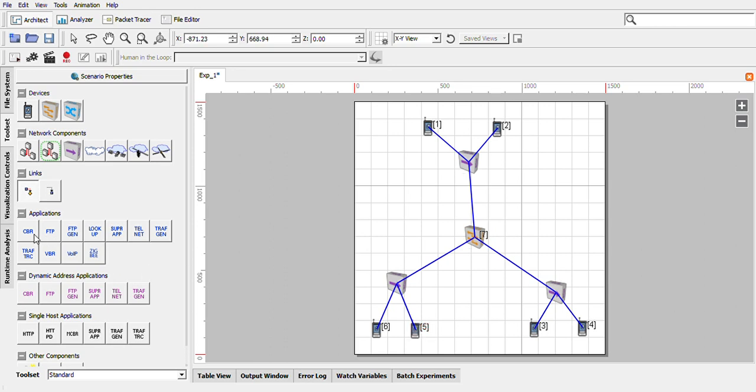Now if you want to test this, again take the constant bitrate traffic application. You can run it between any two nodes in the network. I will run from node 5 to node 3. Again, click on properties. Set items to send to infinite, and let the ending time be something like 5000 or 5500 seconds. But as I said, you can't increase it more than 6000 seconds, because the simulation time that we have set is 6000 seconds. Then we configured it, then run.